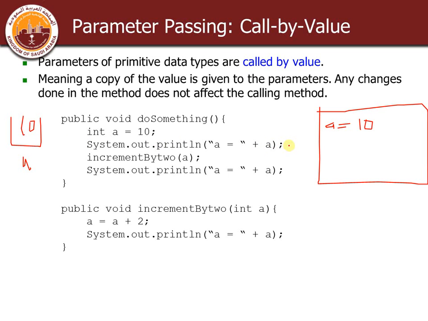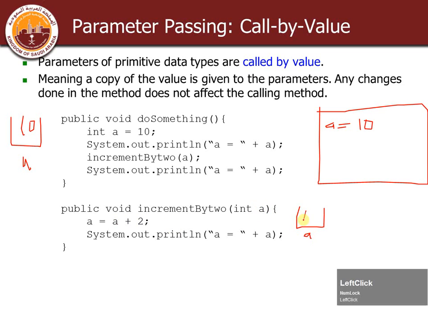Now I need to execute this one, increment by 2, and inside of this I'm sending A. So this A over here is another A, not the same, because it is declared as a parameter, so it is known only in the body of this method. So I have another A,